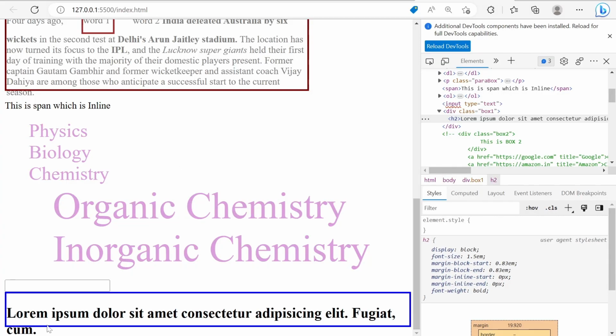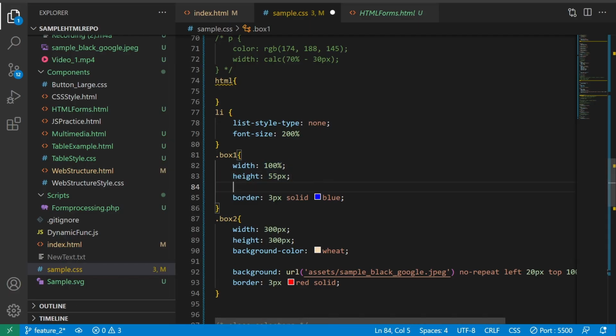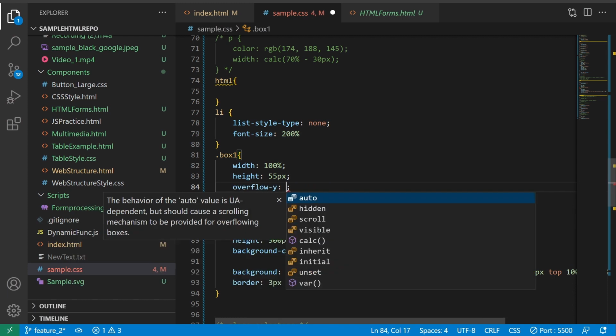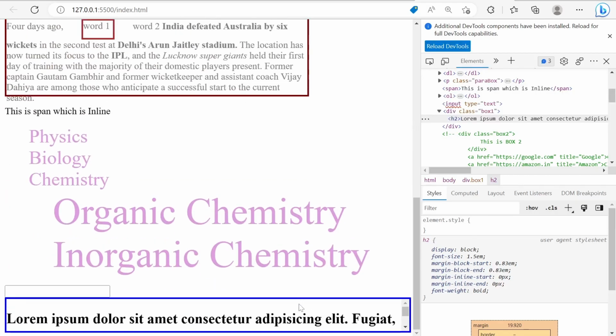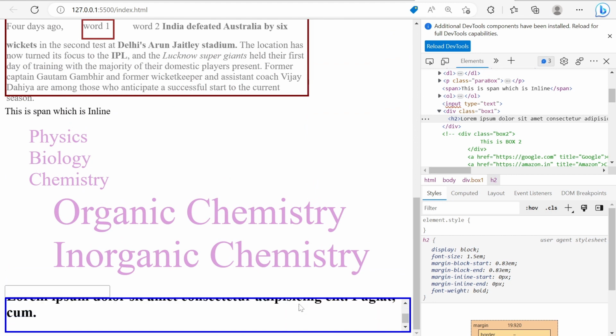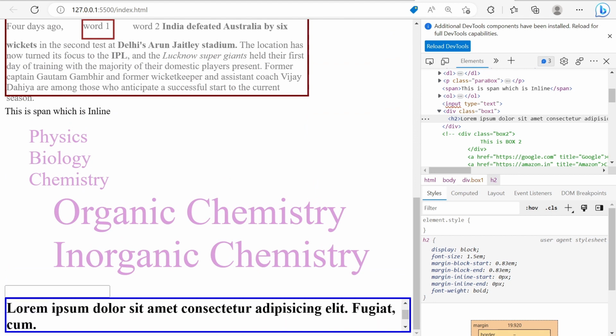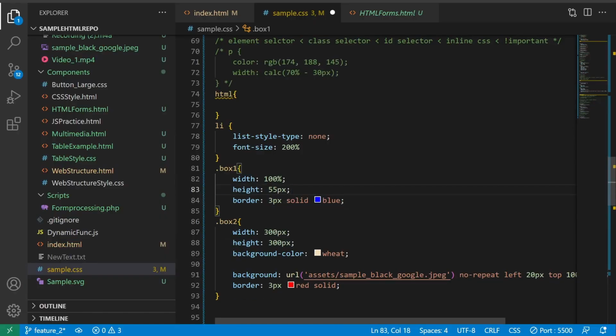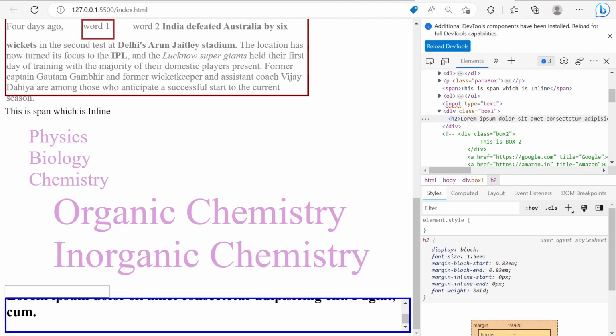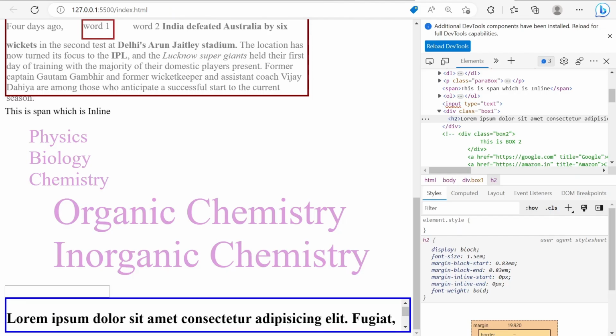We can provide overflow-y, and the scroll option we can provide like this, and it will have the scroll option. So the content inside is showing properly with the scroll option. In this case there is another way. So if we consider this content which we are seeing here,